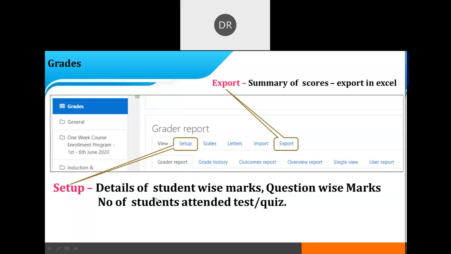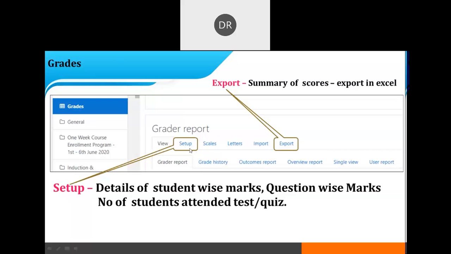Under the setup, this setup is used to know the details of the student wise marks, question wise marks, and number of students attended during the online test execution. So this is the use of this setup. Export means after the completion of all the tests, you can download their marks or the summary of the scores in an Excel format.